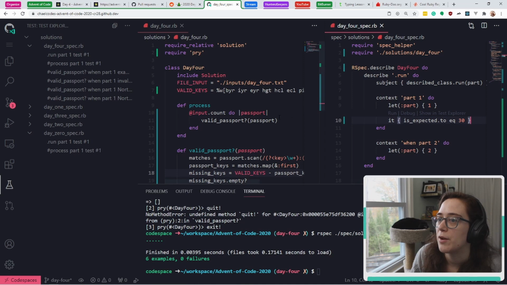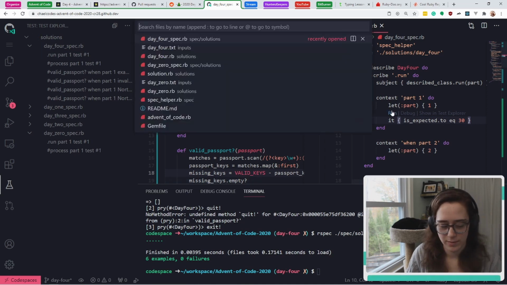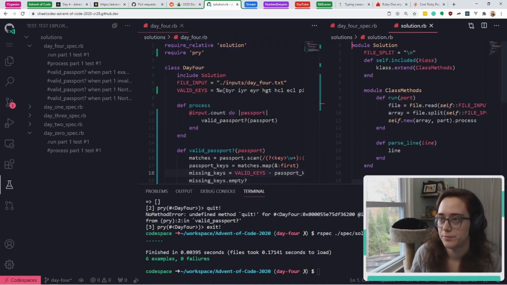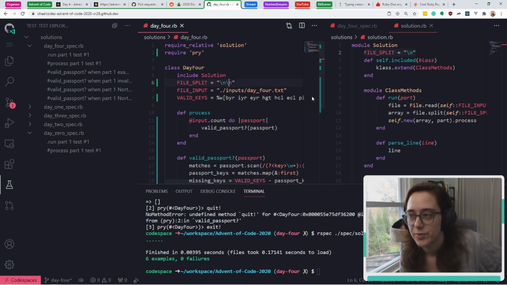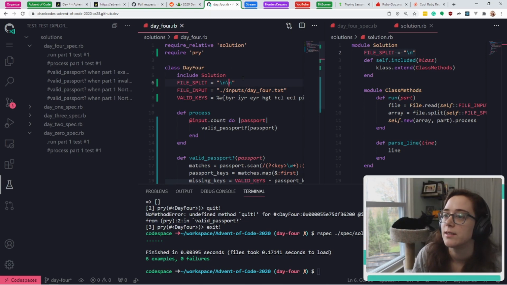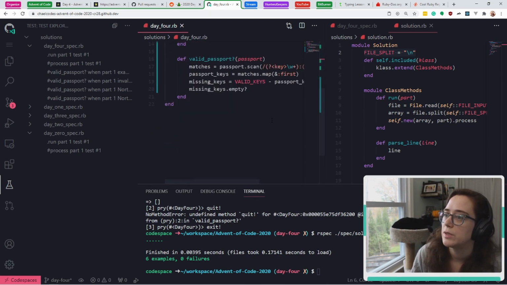Yep. Okay, so I have an idea. If I look at solution, I'm using this file split /in. I think what I can do is I can just pass 2 of these in and it'll split correctly. But I don't know if it's going to call this /in correctly is the only problem. And that would be 2 new lines. So what I can do,